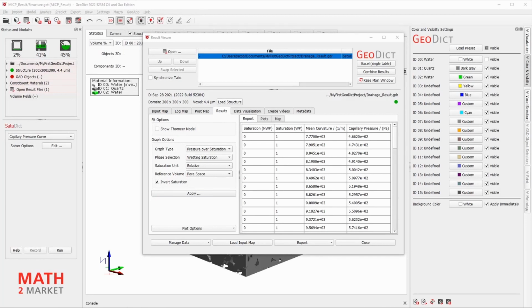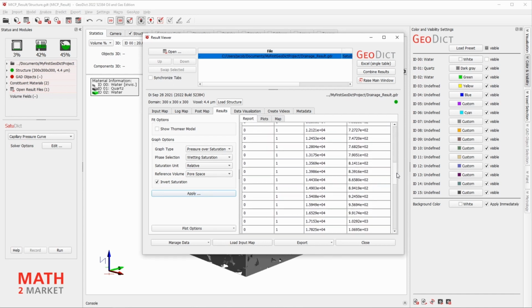You may now have a look at the result viewer, where you can see the saturation of the wetting phase and the non-wetting phase for each pressure step.